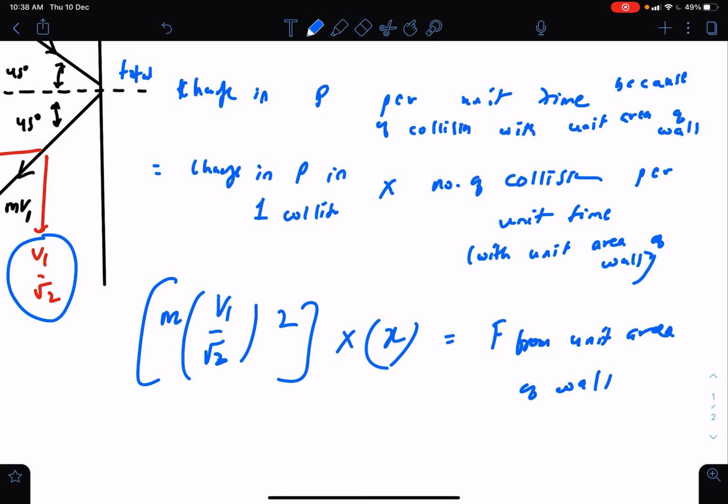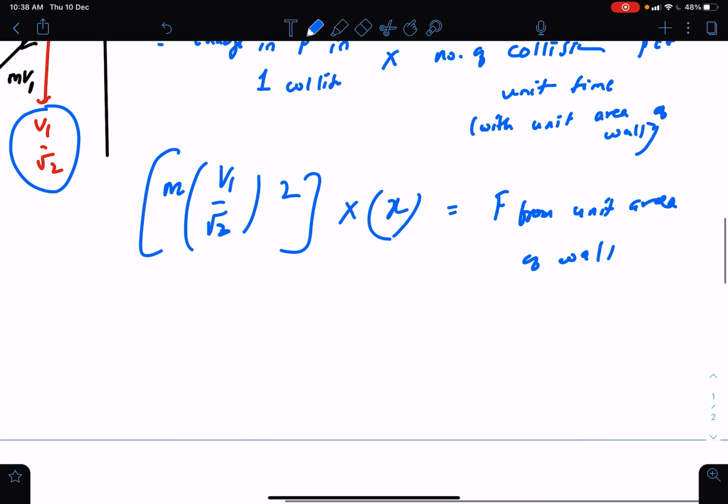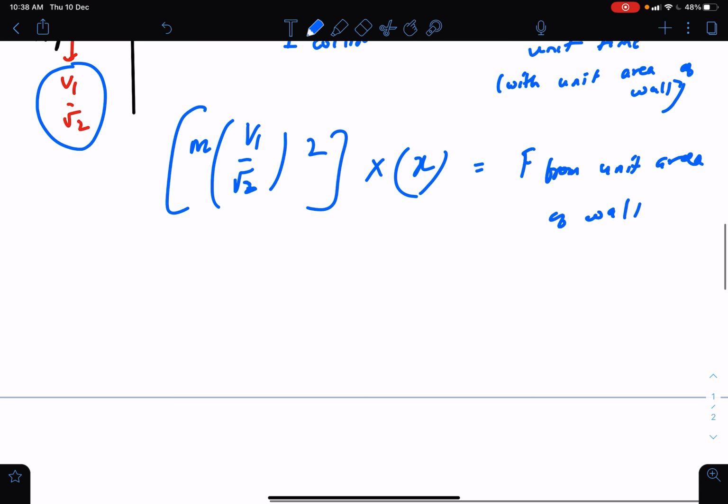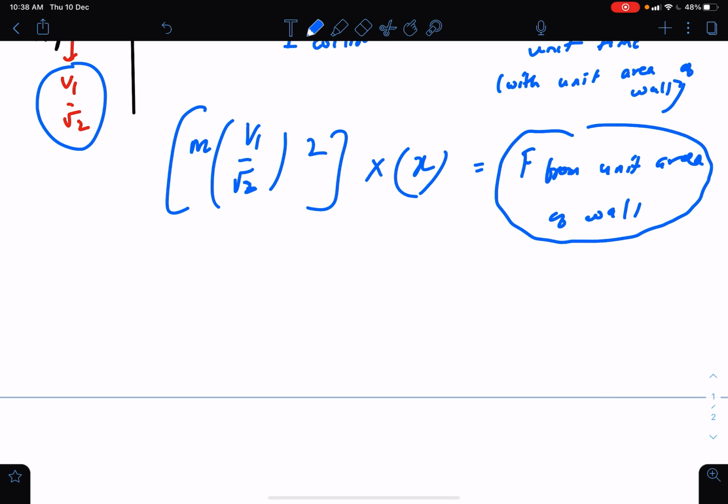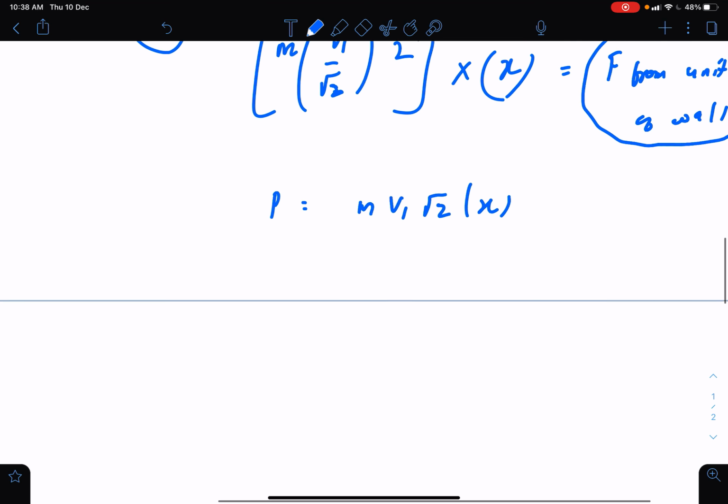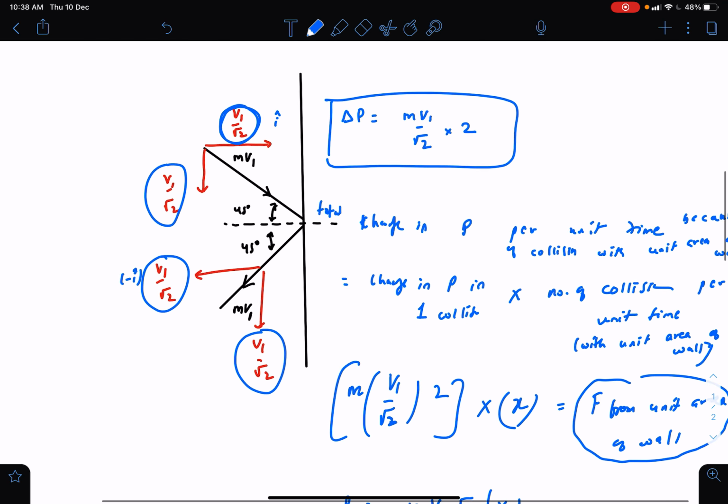The force from unit area of the wall will be equal to the rate of change of momentum of those molecules which are colliding with unit area of the wall per unit time. And the force on unit area of the wall will also be the same, and that is pressure. So pressure is equal to m v1 root 2 into the number of collisions per unit time with unit area of the wall. Now this v1 we have already calculated,